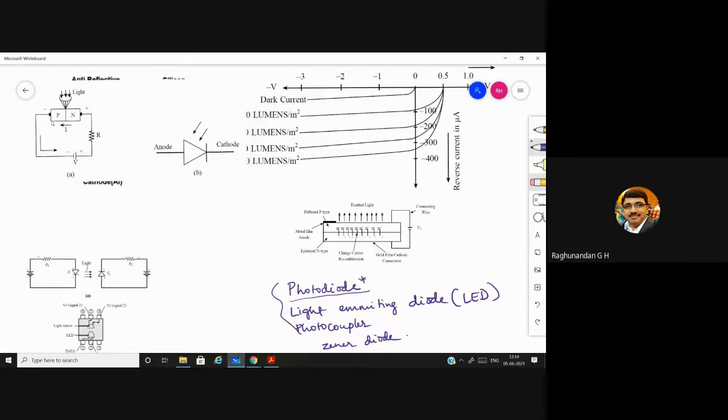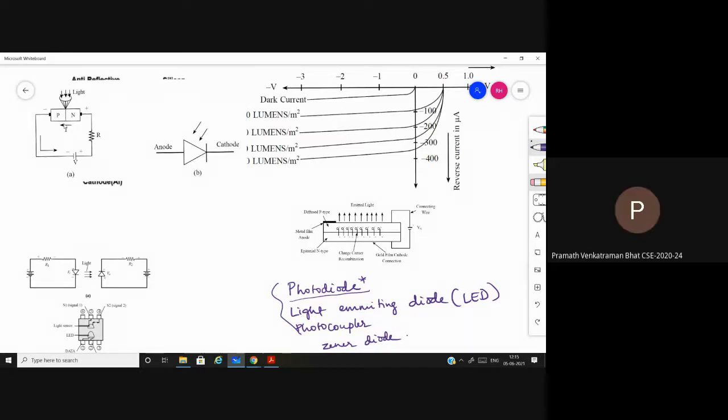You can see here, in the circuit representation, we will just write it as a PN diode only. Only the PN junction will be shown, and you can observe the P layer here. This is the photodiode which we are using. This P layer is connected to negative, and the N layer is connected to positive, and we have a load resistance here. Can you tell me how it is connected? Whether this diode is forward biased or reverse biased?